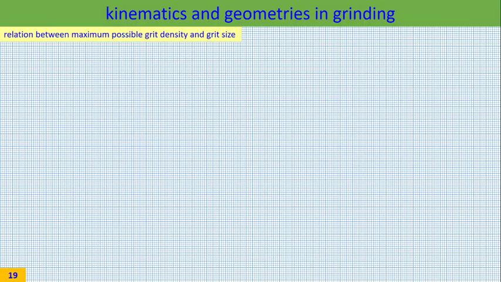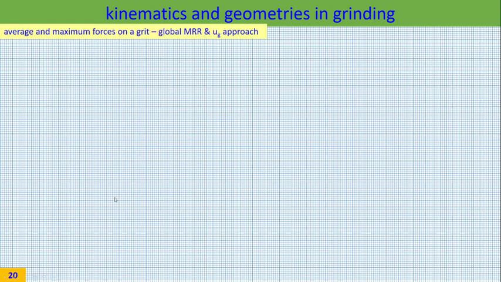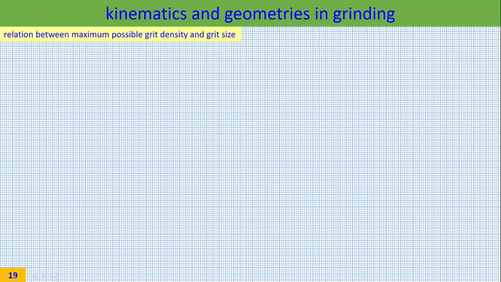So, the relation between maximum grid density and grid size. Before we go in that direction, there is one more interesting thing, because a few minutes back you suggested that to reduce HM, one way could be to reduce C. So what I am saying is, is there a relation between maximum C and DG? That's what we are going to see.